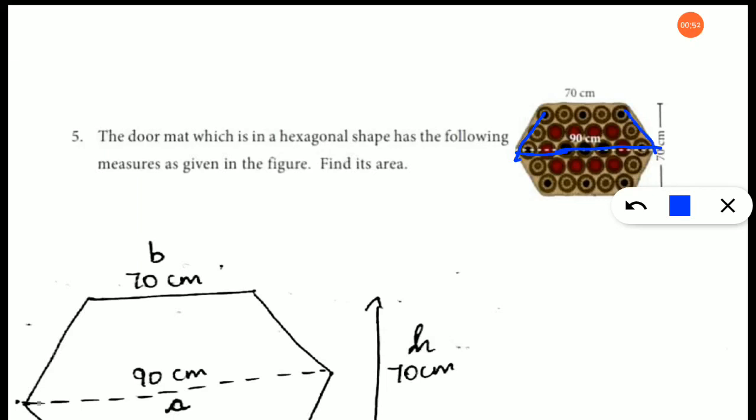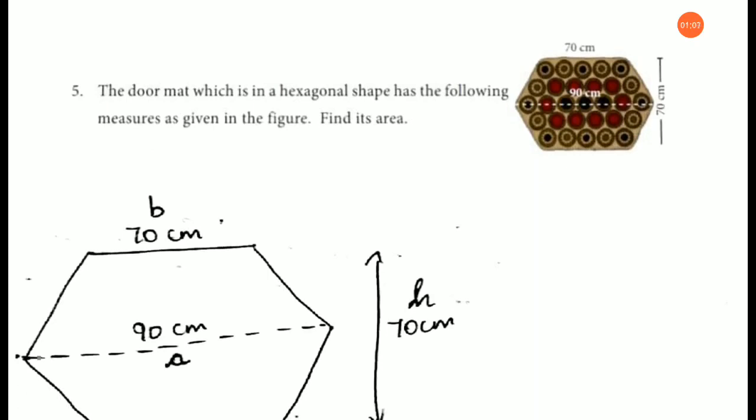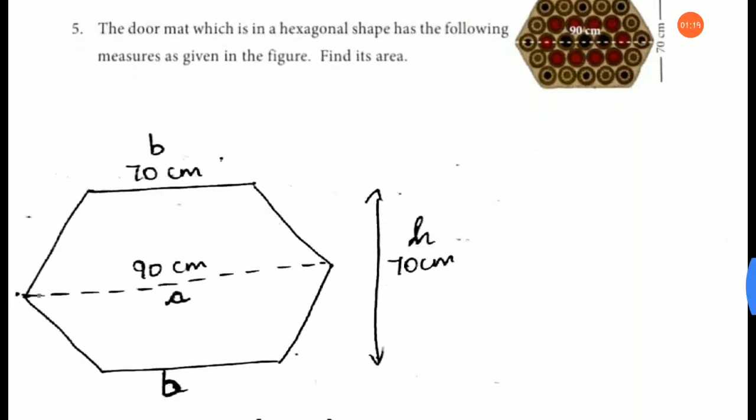I told you when there are two parallel sides, what is that shape called as? It is a trapezium. Okay, so we are going to use the formula of trapezium. This is one trapezium and the below part is another trapezium. You are going to find the area of two trapeziums and add it, or you can directly find 2 into area of trapezium. Okay, for finding the area of the trapezium, what is the formula? Half height into A plus B.